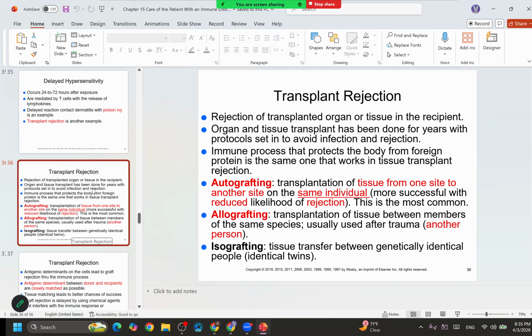Okay, another one is allografting. Allografting means this patient receives tissue from another person, and another person donates to this patient. A very good example is bone marrow transplantation. When the patient has cancer and is under chemo, they are not able to produce good blood cells from their bone marrow. So the patient needs a donation of bone marrow from another normal, healthy person. We aspirate the bone marrow and inject